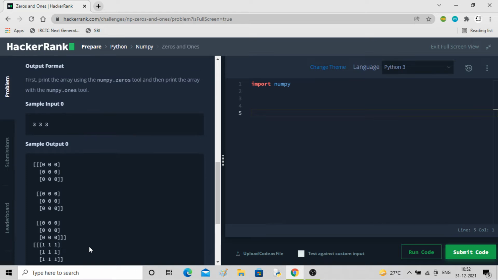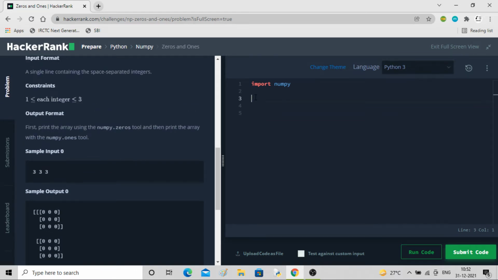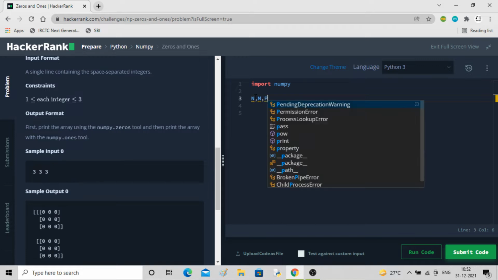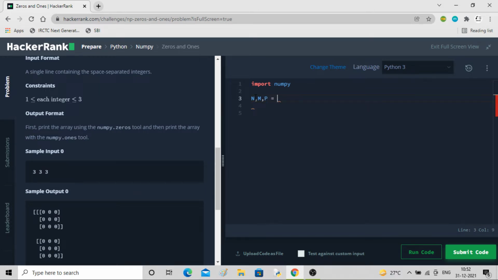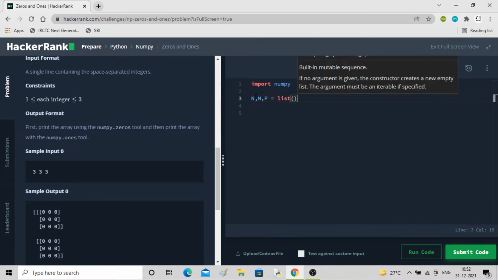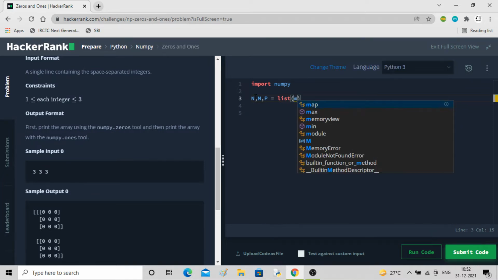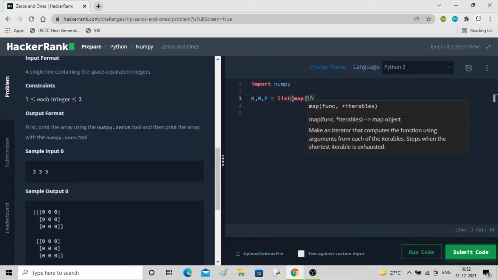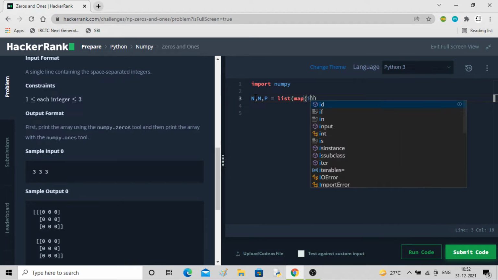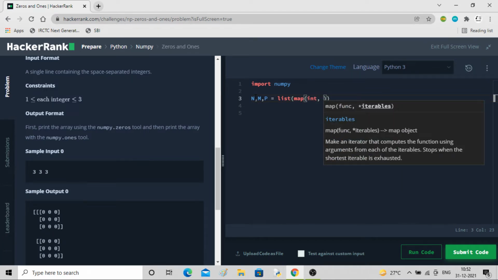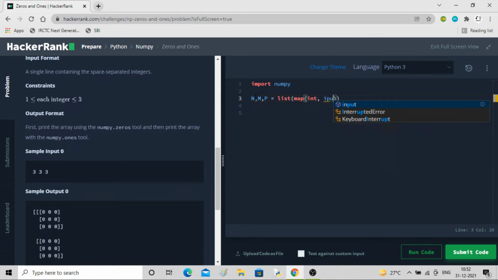So it is simple, nothing new we have to take. We just have to take the inputs n comma m comma p, let's say. So I'll do list, map, same stuff we have done before, int comma input dot split.